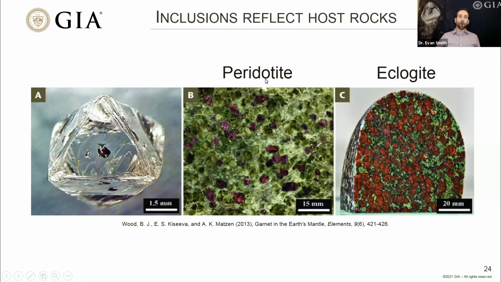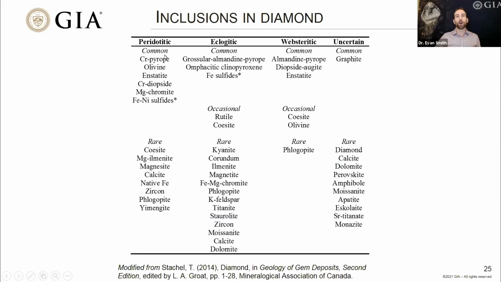In fact, if we look at all of the different inclusions that we've observed and list them out, we can break them down into different host rock types. Here's a not exhaustive, but pretty big listing of many different kinds of inclusions found in diamonds. This is a cheat sheet for us because we know we don't find just anything in diamonds. We find minerals that occur deep in the mantle, most often from peridotites and eclogites. Over here on the right, we've got another rock type that's a lot less commonly observed in diamonds, so we won't talk about that.